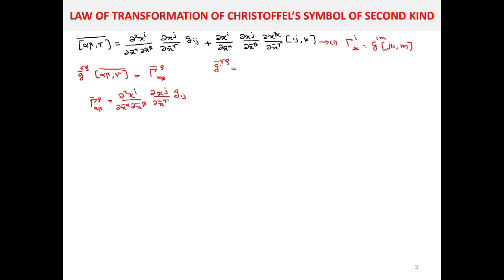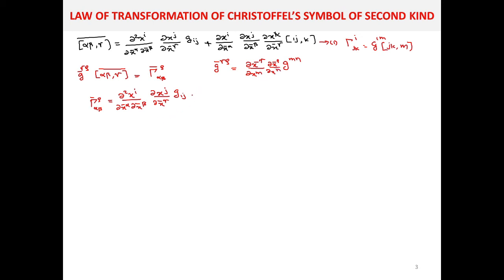It is a contravariant tensor, so you can write it as ∂x̄^γ by... here you have to add two more indices. We are already using i and j, so let me put m and n here. So it will be ∂xᵐ, next term will be ∂x̄^ρ by ∂xⁿ.